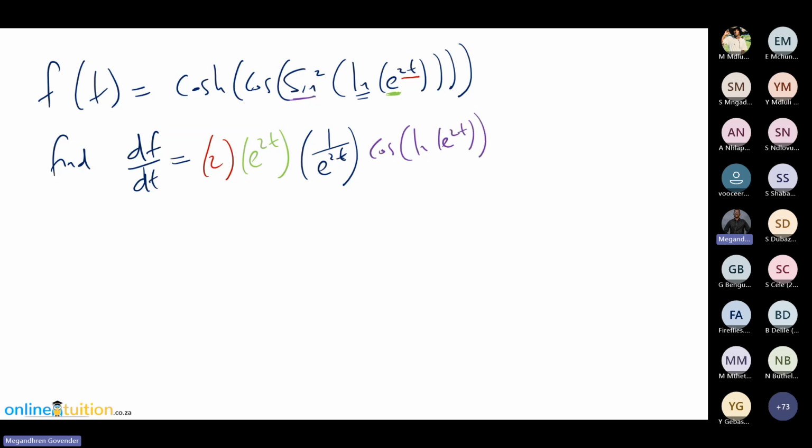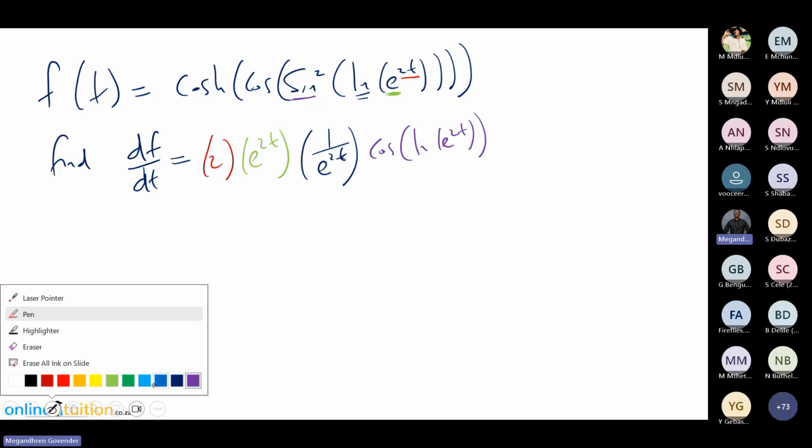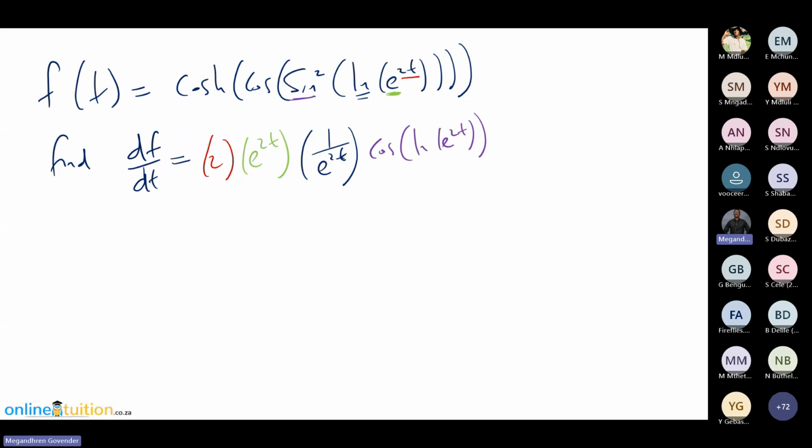Very good. Now we still got to be careful because I still got to worry about the square. So what's the derivative of something squared? Like, what's the derivative of x squared? We know it's 2x. So what's the derivative? Yeah, it's 2 times that something, isn't it? Yes. Like that. Then times,